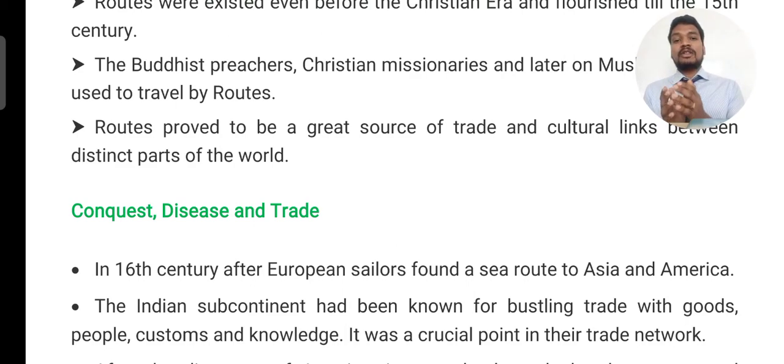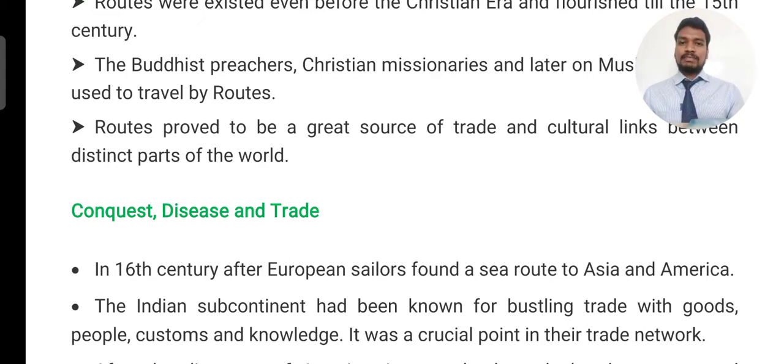That also led to many problems. What is that? Conquest. Because people started to move from one place to another, they got information about other places which had more wealth. Then they started to conquer that land. They started to get that area under their control. Like when the Europeans came to India. Before that, when the Arabians, the Arab Muslims, came to India in the beginning of the 12th century, Muhammad Ghazni